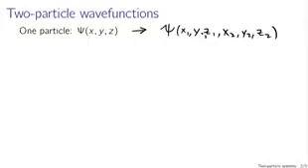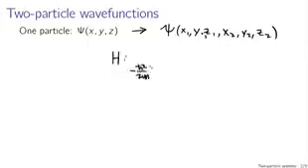If our wave functions are functions of multiple variables, you might expect that our Hamiltonians would get more complicated as well, and they do. The Hamiltonian operator, which we had before, was simply, in the single particle case, a momentum operator and a potential operator. Now you'll have to deal with the momentum of each particle separately. So for instance, the Hamiltonian for a particle might look like minus h bar squared